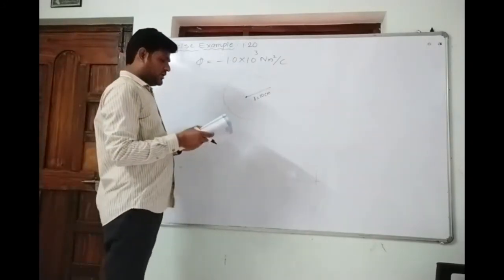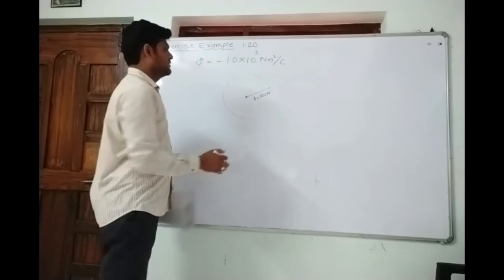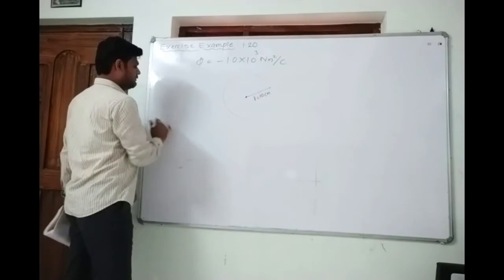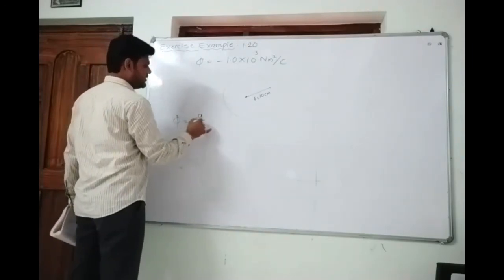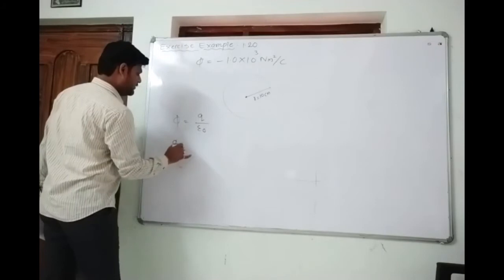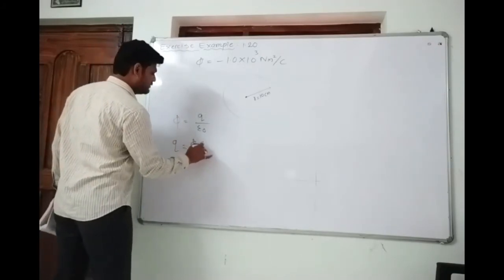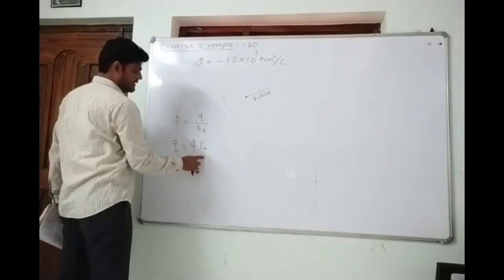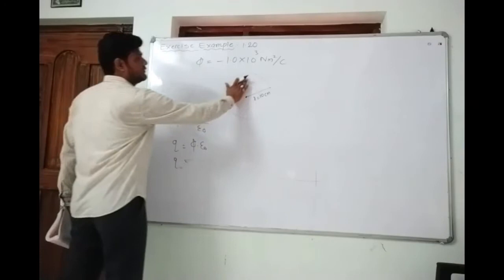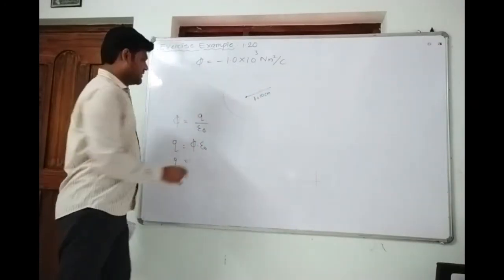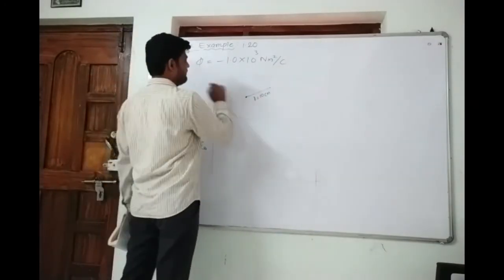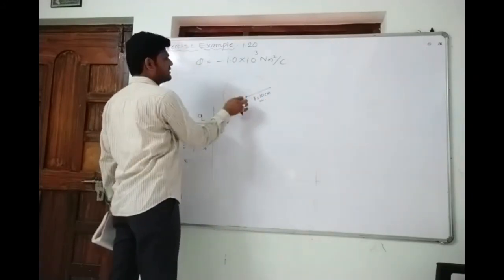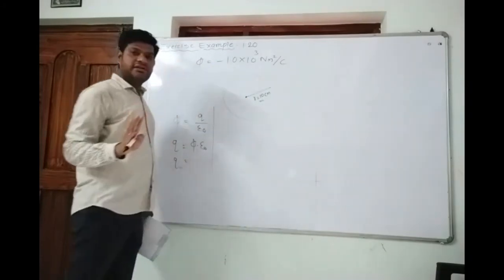First of all, suppose flux equals this much, we can calculate flux equal to q divided by epsilon 0. So q equals flux times epsilon 0. By putting the value, you can calculate the charge enclosed by the spherical surface, right? The question is, the flux right now, when the radius is 10 cm, coming out through the surface is minus 1.0 × 10^3. If